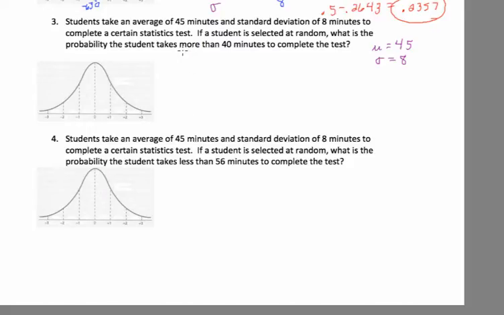Same situation. This time we want to know the probability that will take more than 40 minutes. We've already done a lot of the work for this. Our data value is 40. We know from our formula that we've used in numbers 1 and 2 that the z-score that goes with this is negative 0.63. So I want to know the probability that the z-score is greater than negative 0.63. Well, I already know that the probability that it's less than 0.63 is